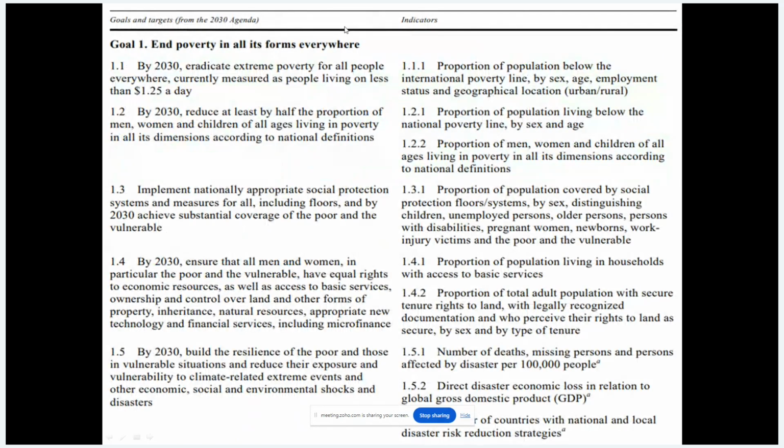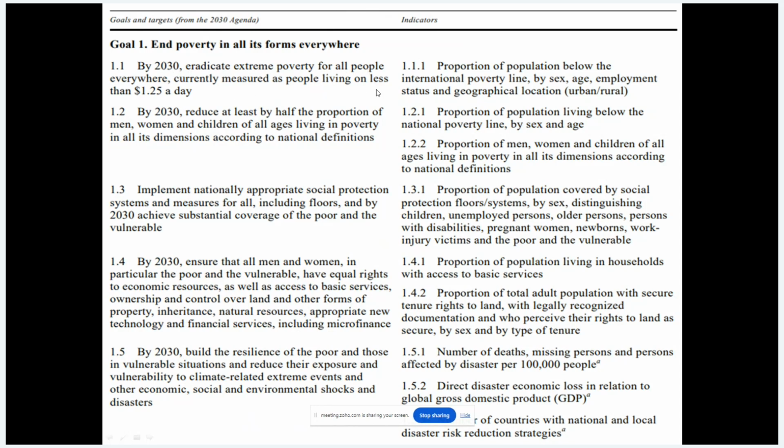How these can be accessed. What are the targets? Suppose for goal 1 we are considering here: end poverty in all its forms everywhere. That is the first goal of SDGs, right? Then in this, these are the targets set by 2030: eradicate extreme poverty for all people everywhere, currently measured